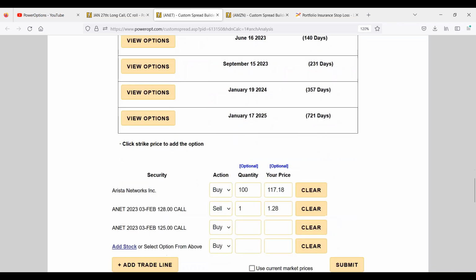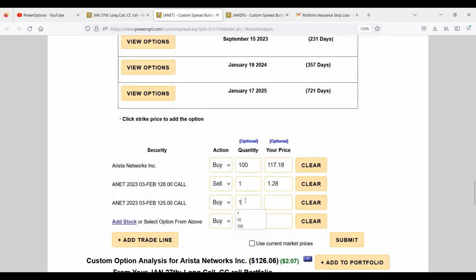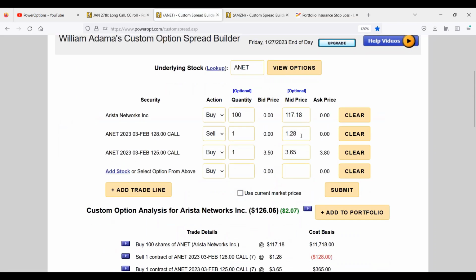I'm going to pay another $350 to $380 into this position. I'm going to buy one contract. Take the midpoint at $365. What did I just do? I still own the stock, but now I am in a debit spread where I've sold the 128. It was close to the price, 126 at midpoint. I sold the 128, sorry, on the 17th. And then 365 here. So by itself, we have a net debit into this position of about 237 for a